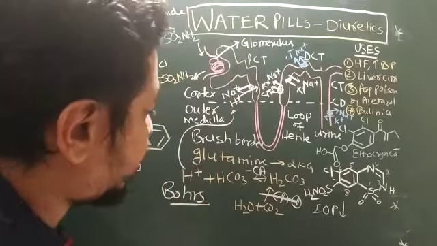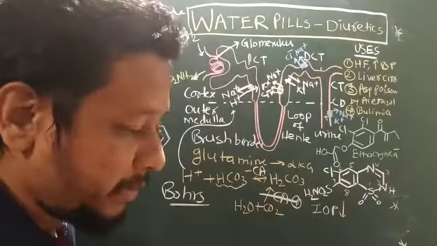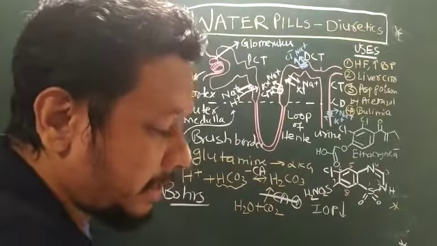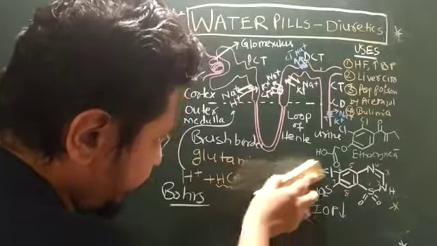The side effects are pretty simple. HCO3 minus regulates the blood pH, so definitely metabolic acidosis is one of the side effects. Then alkaline urine may cause kidney stones to appear, and then after